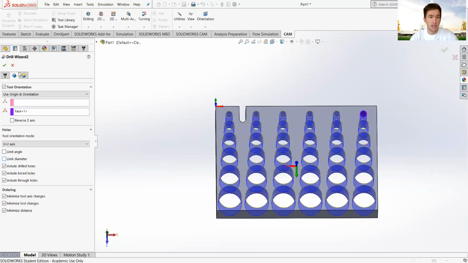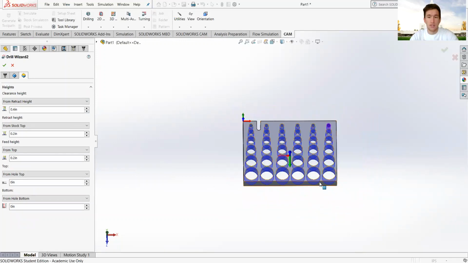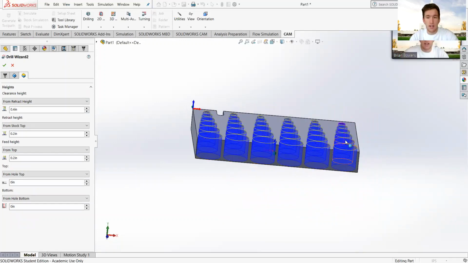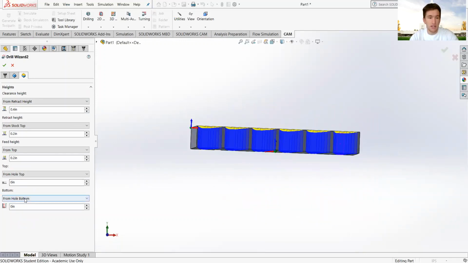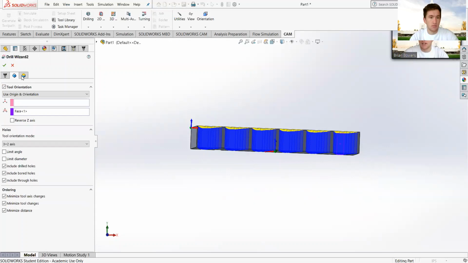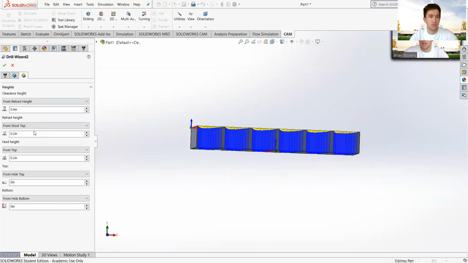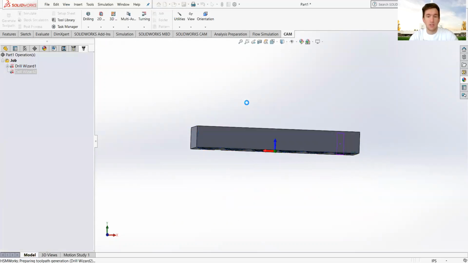But let's ignore that. Then we can just come here and check our heights. You can see that it's from hole bottom, but we'll probably want to add a little bit for just breaking through and making sure it clears. So let's just add some more depth on that. Then when we click OK,